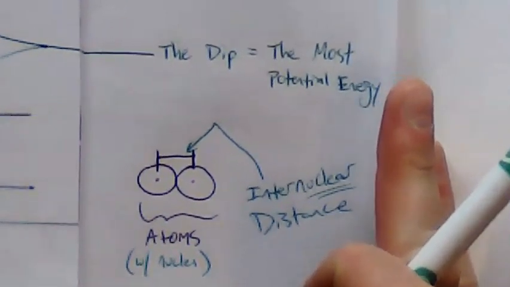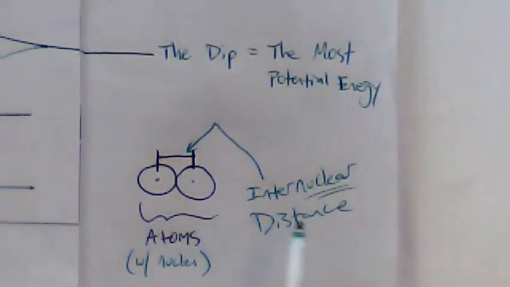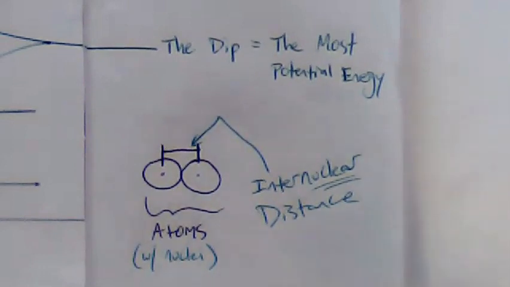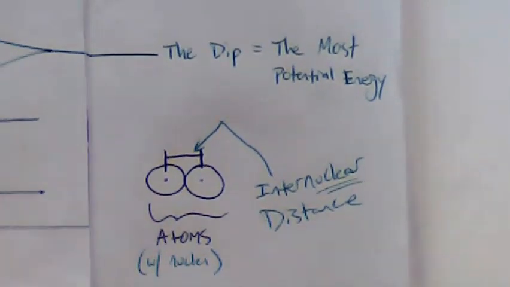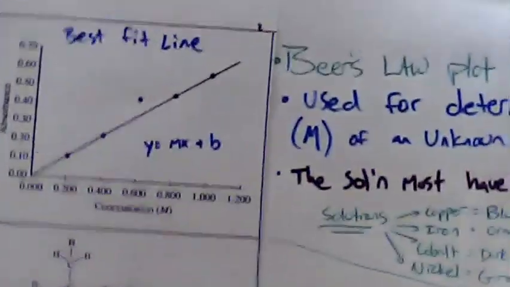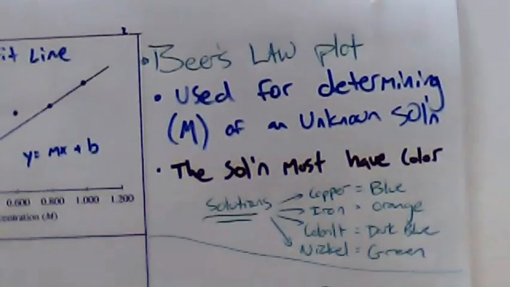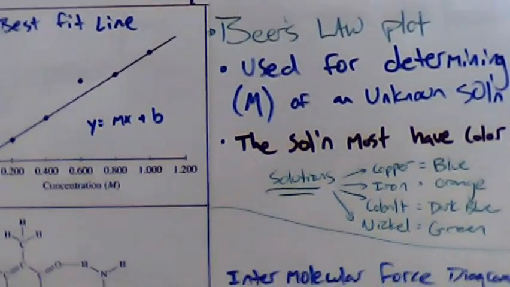Again, when we're talking about the internuclear distance, we are looking at the space between our atoms, right? So this is actually how we can figure out or guesstimate atomic radii. Again, if I'm going too quick, remember you can always just pause this video,